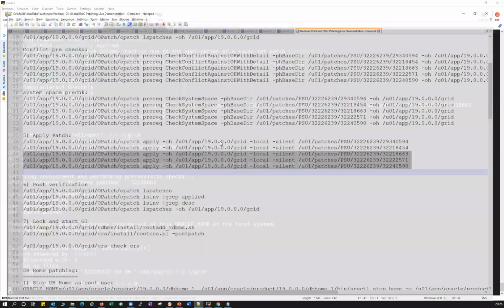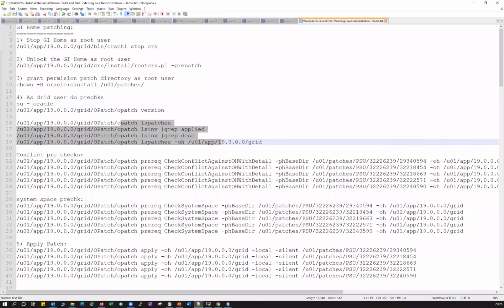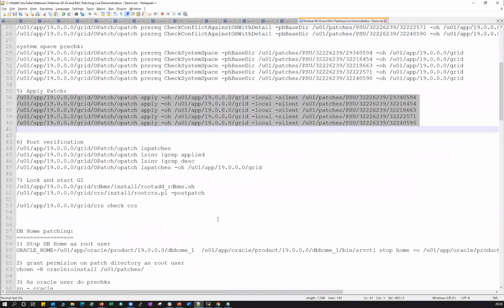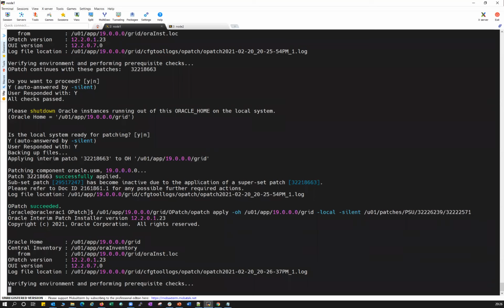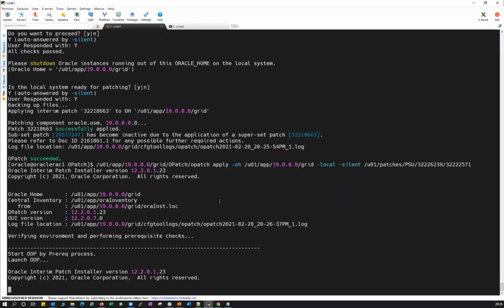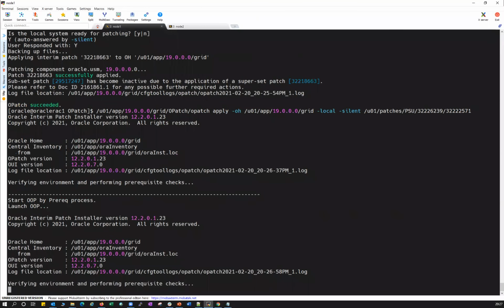You can download the latest OPatch and place it, do the system space check and the conflict check, and leave only this apply command and keep it ready. When the patching window comes, you just apply this and start your CRS. That's how you can minimize the downtime. When it comes to the data patch, you have to make sure there are no invalid objects, and tune your database properties, like running utlrp and compiling all the invalid indexes and objects. You have to take care of everything at the database level. That will make the patching exercise smoother.